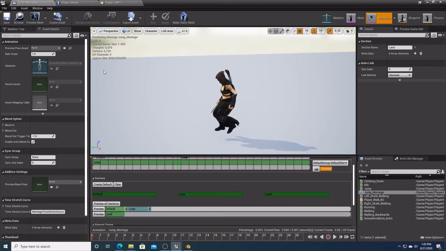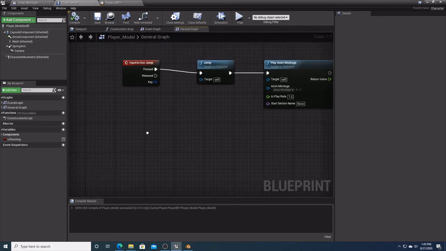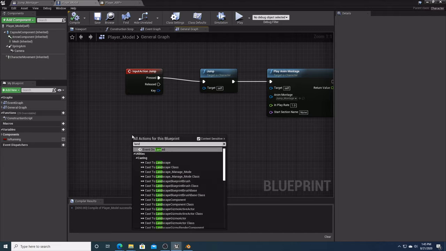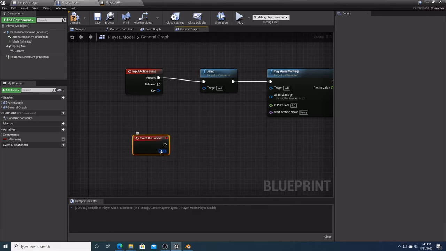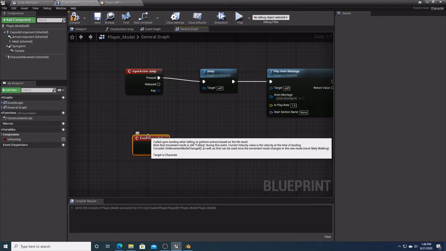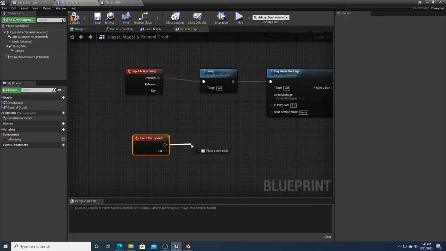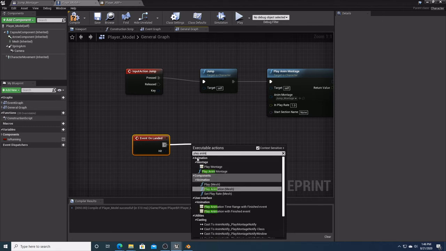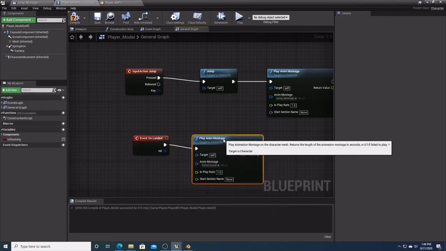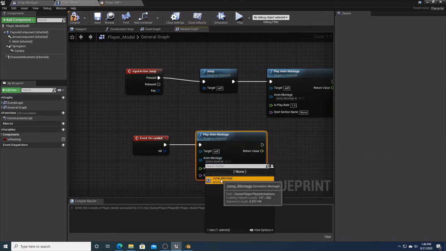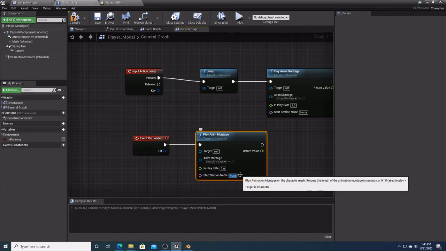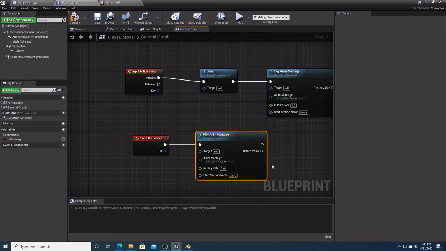So to do that, we're going to go back into our player model blueprint here. We're going to right click. You can just type the word land and get Event On Landed, which is a built-in function here in Unreal Engine. Then we're going to drag this out and put another Play Animation Montage here. Just like last time, we're going to click our jump montage, but we're going to fill in this start section name right here, and give it the name land,